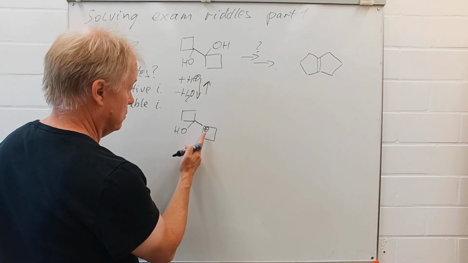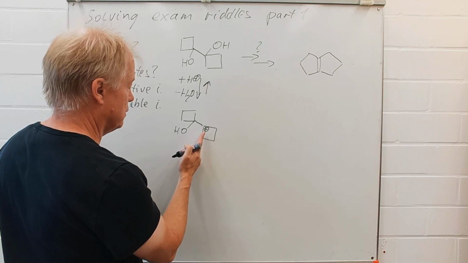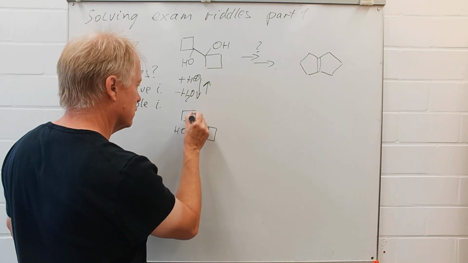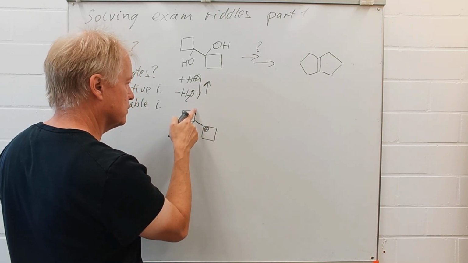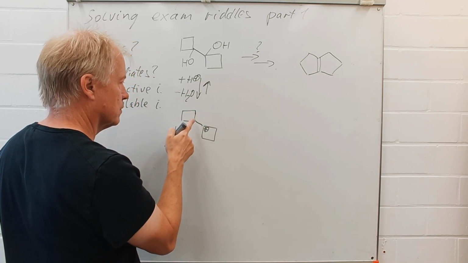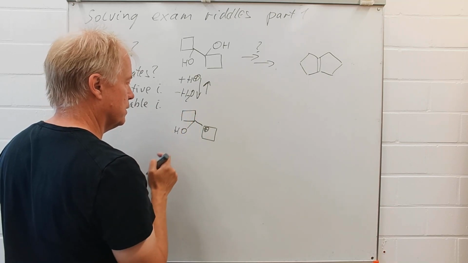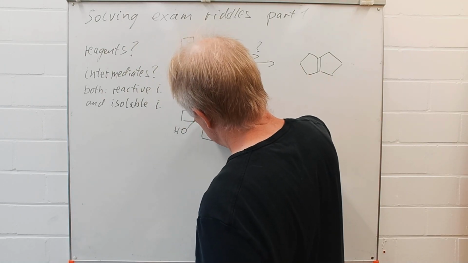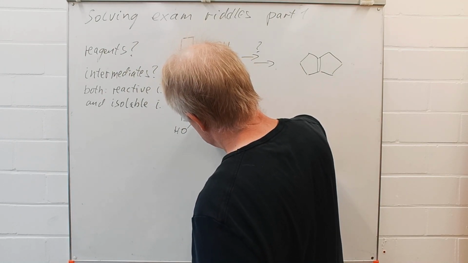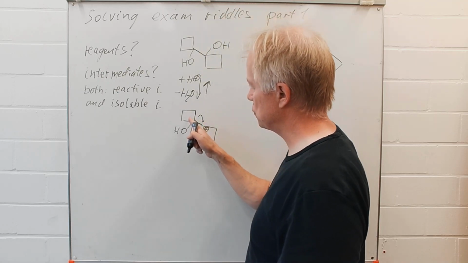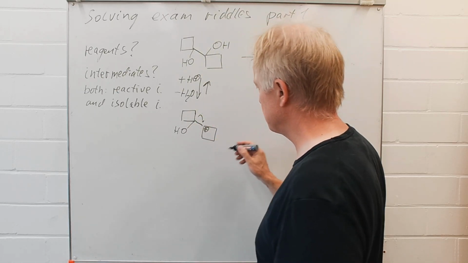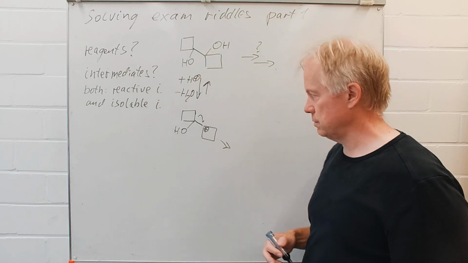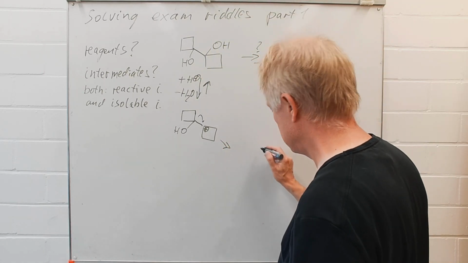This now offers the opportunity of a rearrangement, in which, for instance, this carbon atom with its bonding electron pair is migrating, being transformed from a 4-membered to a 5-membered ring, releasing ring strain